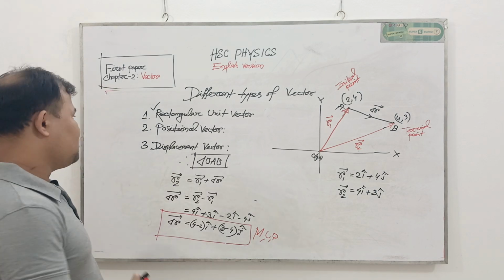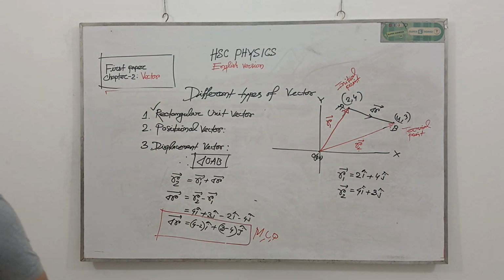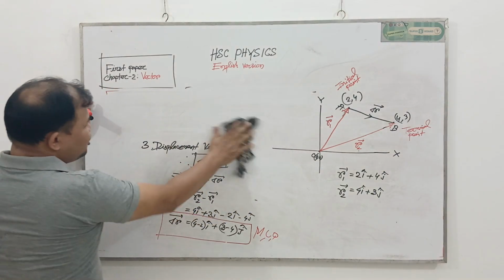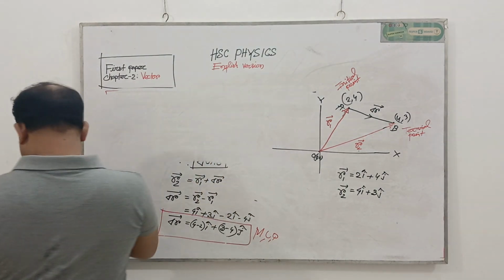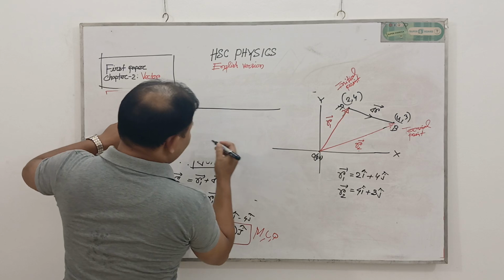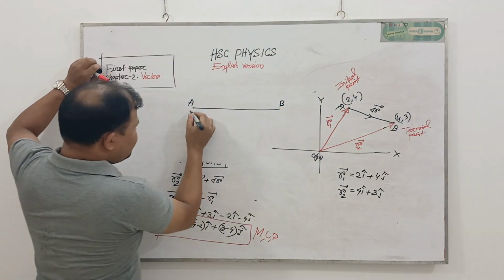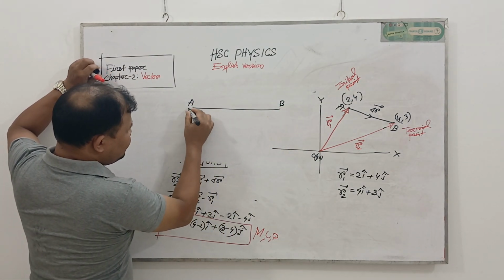So this is the special way to find any kind of vector. Suppose this is a vector, the initial point is A and the final point is B. Suppose this point is 2, 3 and this